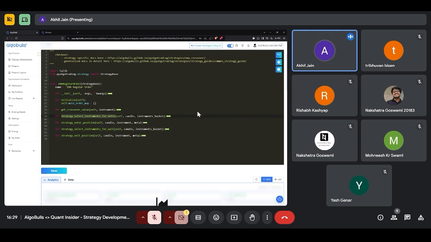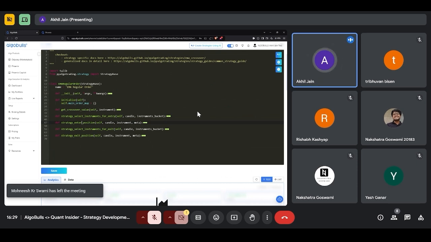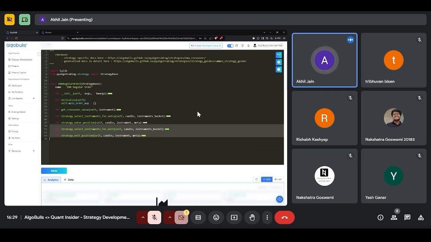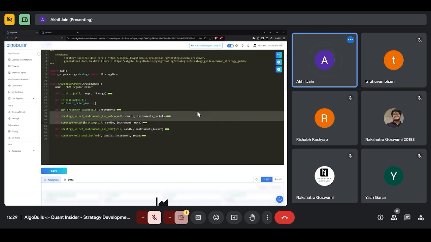So I'll explain the same thing again, but in different words. What I want to say is, for every candle, exits are processed first, entries are processed later in the same candle. So whenever there's a new 5-minute candle which has just formed, both of these exits will get called first, and both of these entries will get called immediately afterwards. So this is the architecture based on these four methods. For a delivery strategy, this is something important. We want the exits to be processed first and then the entry.